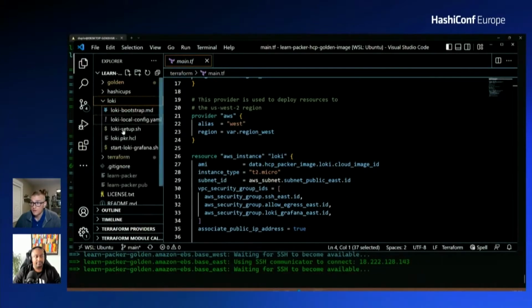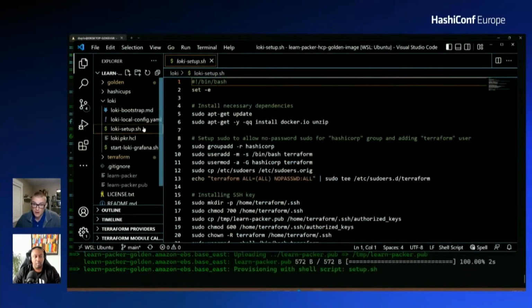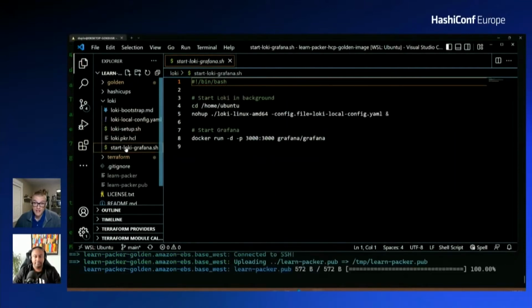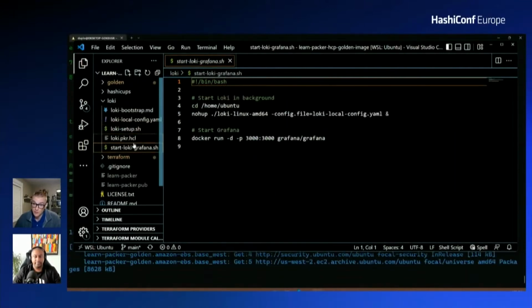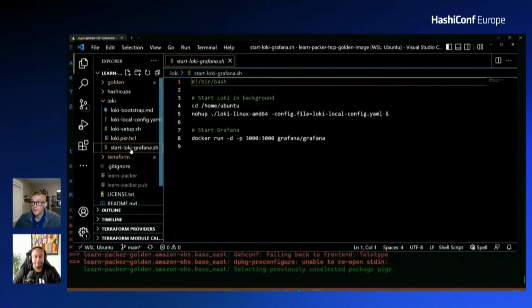So within Loki, which is what I already did, I'll just talk a little bit about what that image build entailed. The Loki setup.sh file creates and configures the Terraform user, the SSH key, and installs Loki. The start Loki Grafana sh starts Loki as a system process in the background and Grafana as a Docker container. Next, we have